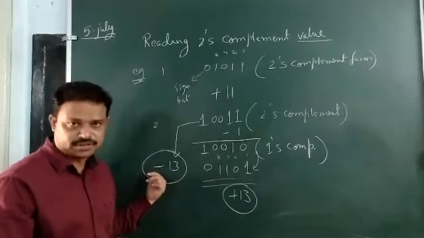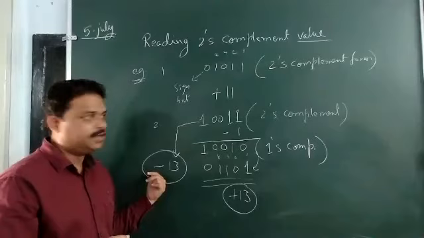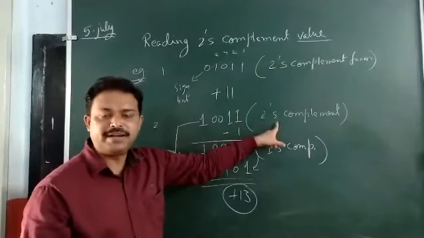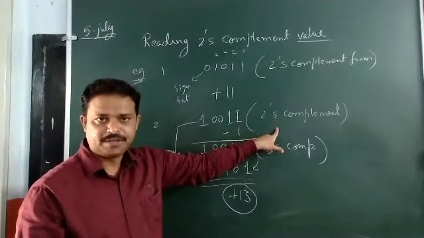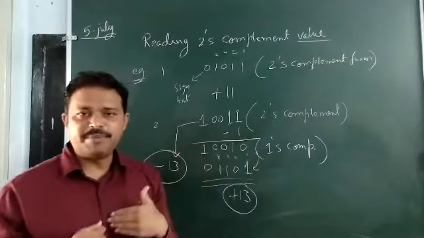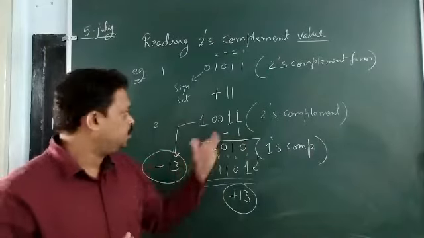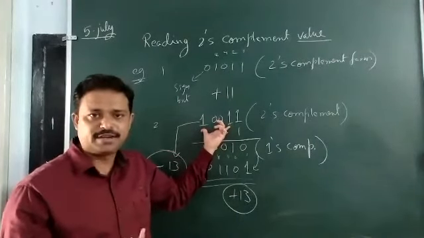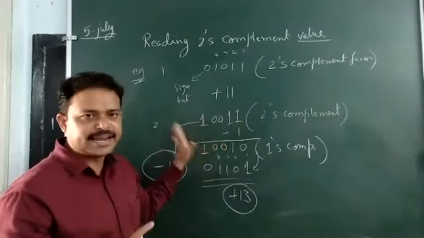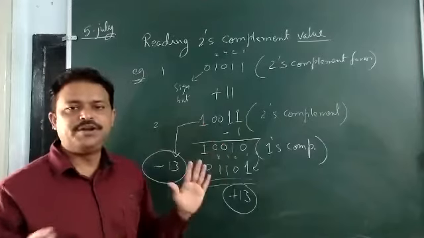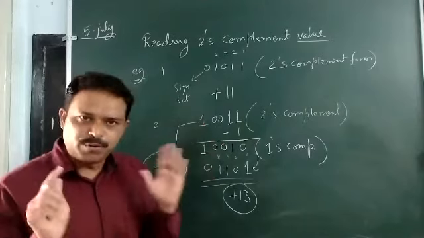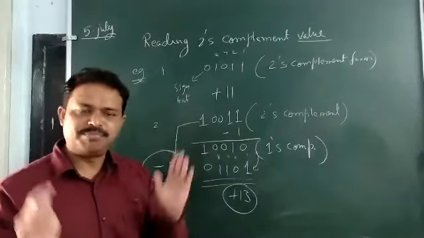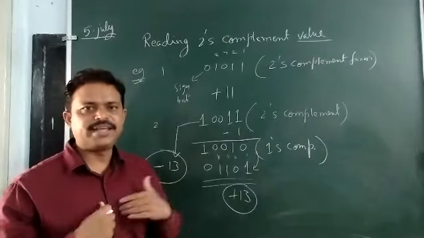For the computer, it is in the form of 2's complement. So, see, for the human being, very difficult to read. You cannot read directly. Sir, it is a minus 13 or minus 21. One thing is very clear, it is a negative value. Which negative value? We don't know. Computer understands, I know, but we cannot understand directly.